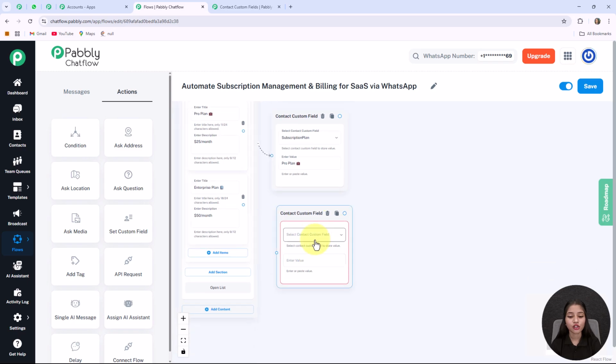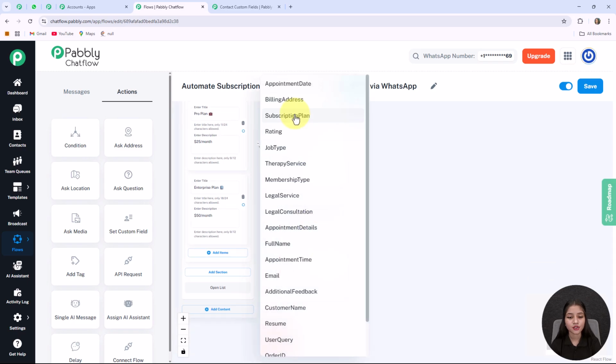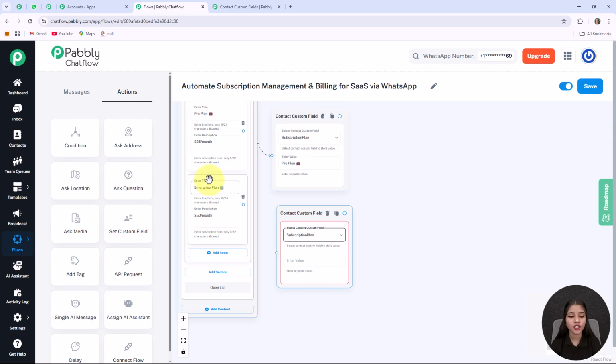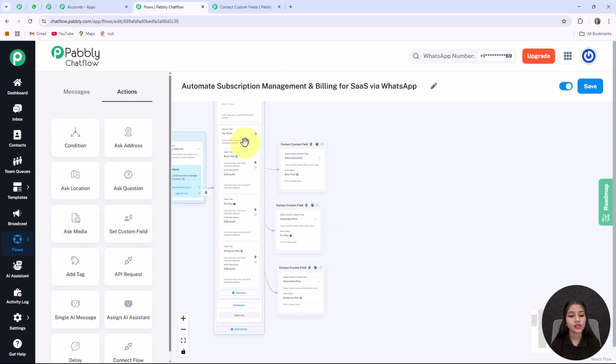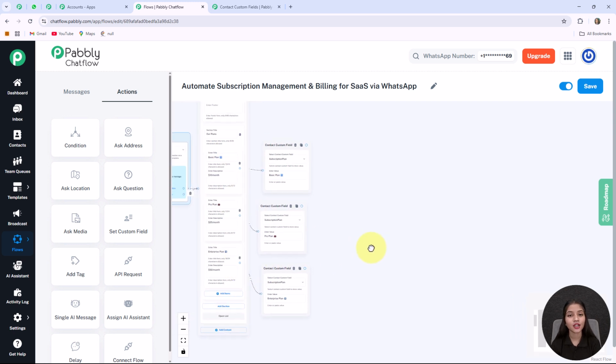Now for this also I am doing the same, selecting the subscription plan as contact custom field, and in this enter value box I am going to write the same as enterprise plan. After that I am connecting this circle to this message. Here it is connected. Now whenever my user will select any of these plans, then at first my bot will